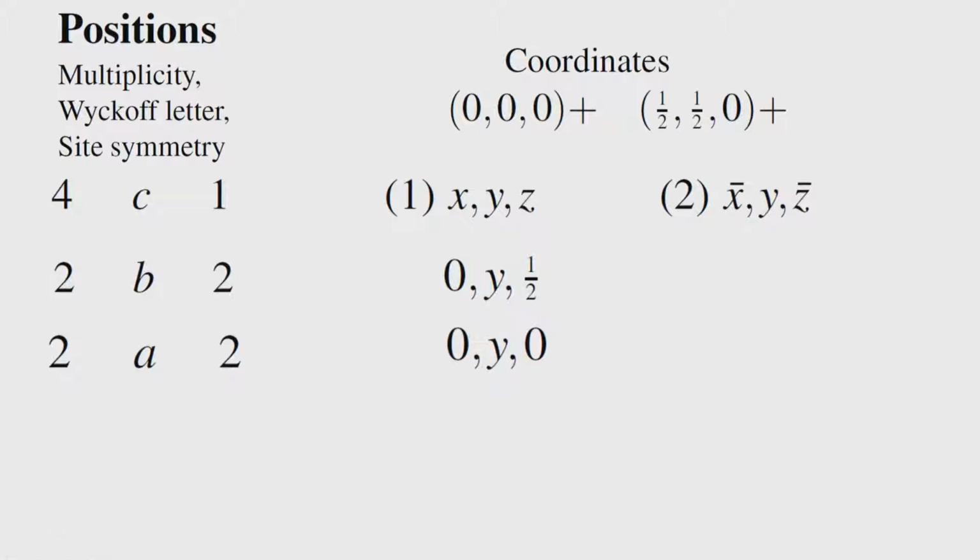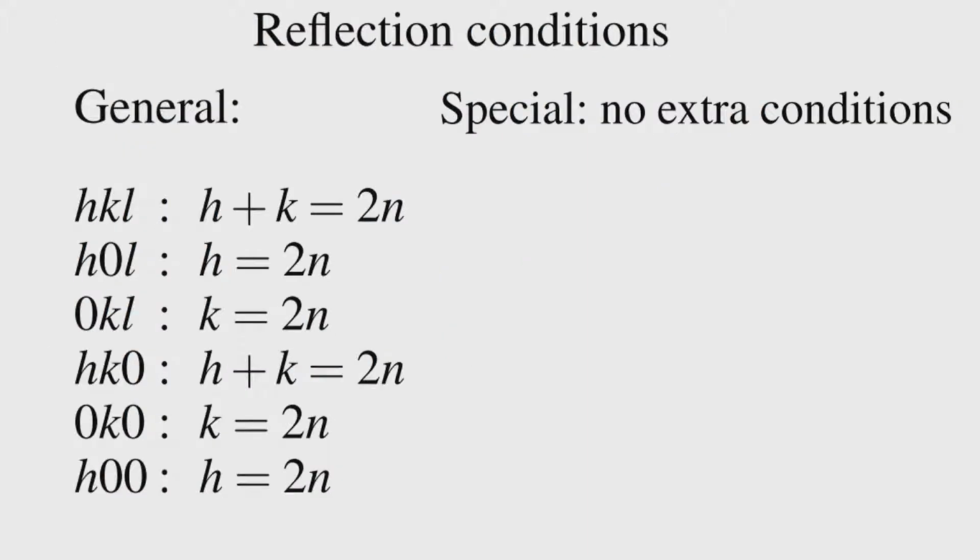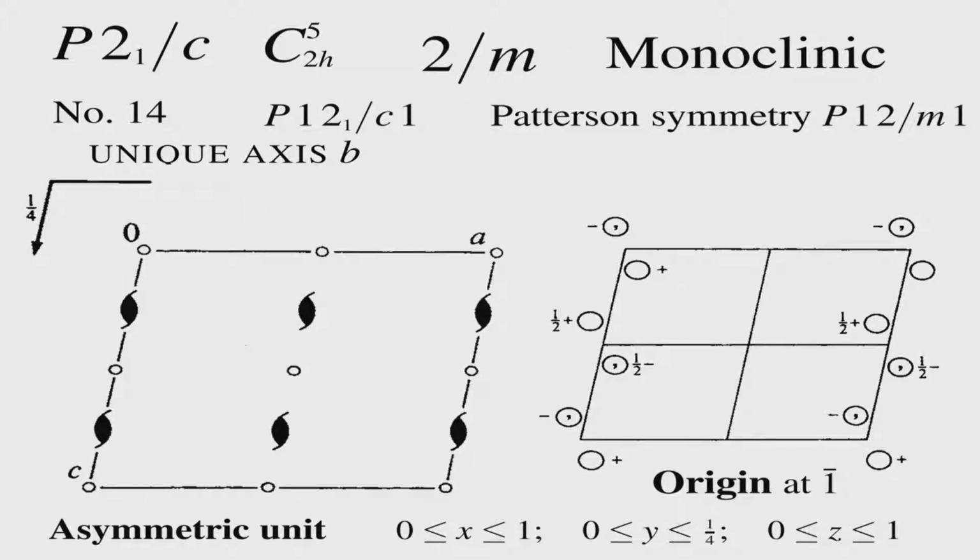So, we have come to a stage where we have finished all the possible symmetries that can be associated with a two-fold axis. Now, the reflection conditions, as I mentioned, we will not worry about now. We have already prepared this slide, so let it be there, but we will look at this slide in more detail when we discuss the diffraction conditions. Of course, one can discuss the other space groups like PC, PM and so on, but that is not the idea. As I told you, it is not required here to learn all 230 space groups. So, instead we now go to the space group P21 upon C.